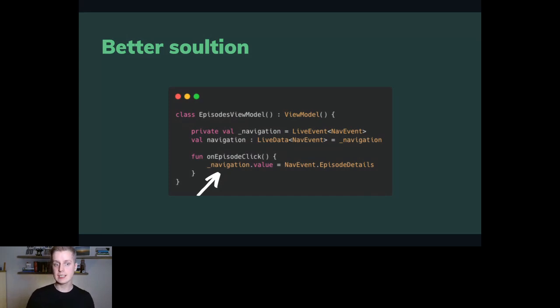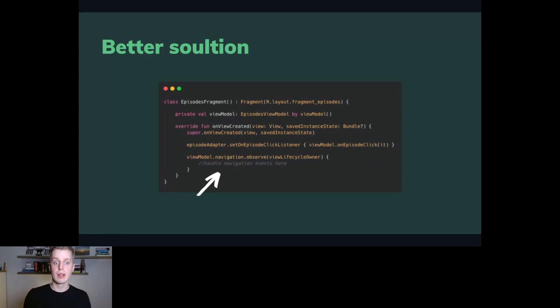In this case, when a particular episode is clicked in our application, we want to display episode details. And what we do is simply set a new navigation event, which is observed on the UI side.